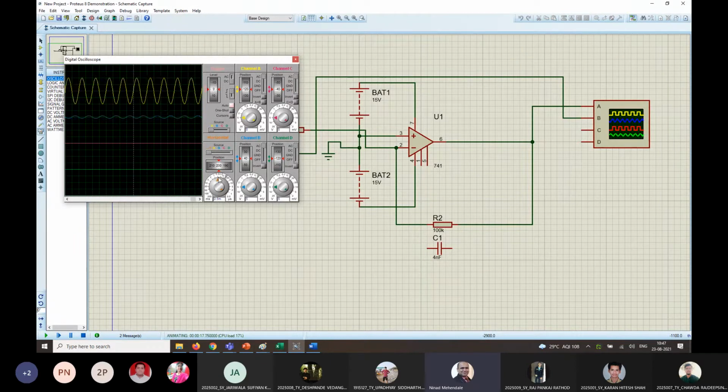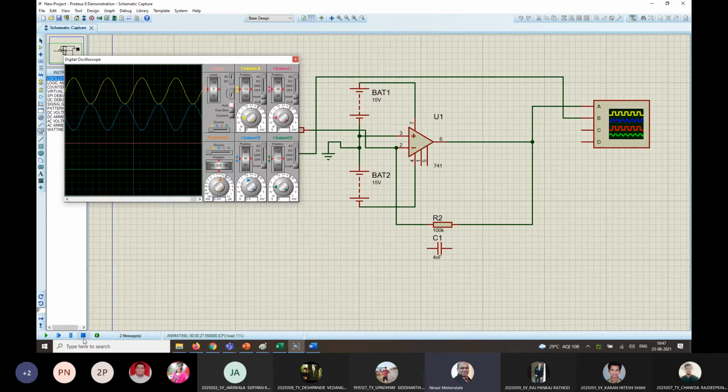So I will just change the time per division knob, and I will bring this to ensure that you clearly see that whenever a positive wave of the blue cycle is going, a negative wave of the yellow cycle is going. So that clearly indicates there is a shift, that is the negative sign, and the frequency is absolutely matching because peak to peak it is matching.